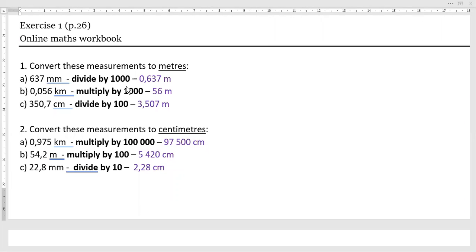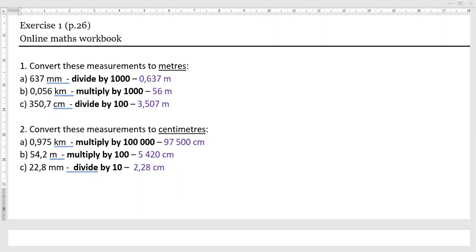Why do we divide by 1,000? Okay, so because meters is bigger than millimeters, we have to divide. So whenever something is bigger than that, you have to divide. Whenever something is smaller than that, then you have to multiply. So if you think of